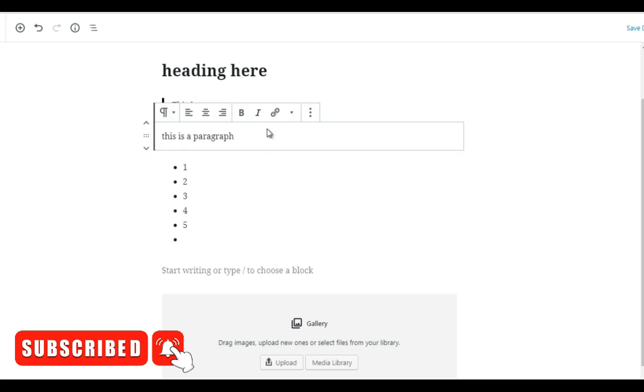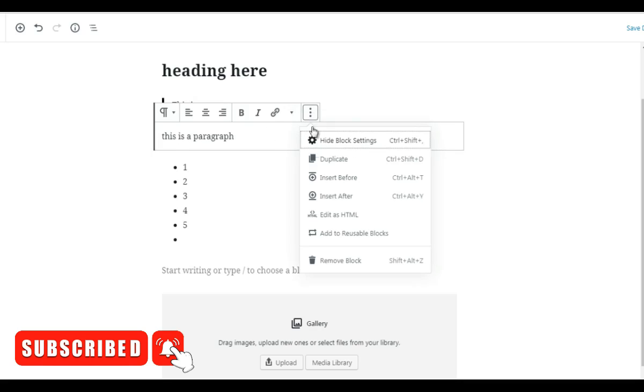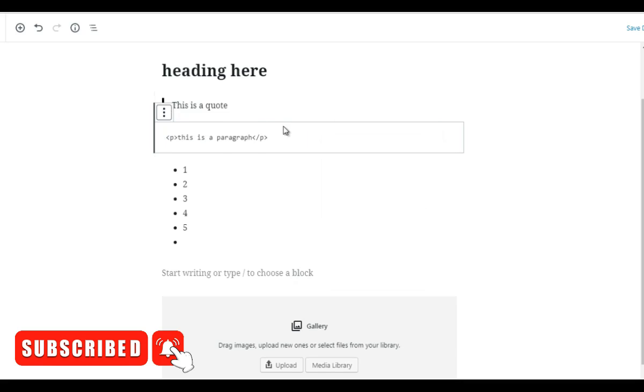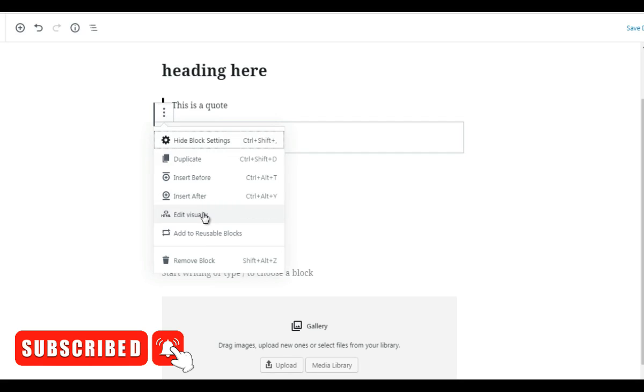What you do is you click on that block, click here, click edit as HTML, and you simply enter the HTML. And of course, when you're done, you just click this and you click edit visually to go back to the visual editor. So the visual editor is basically kind of a what you see is what you get. And this is more so that you can see what it looks like to the end user. And the HTML code is the code in the back.